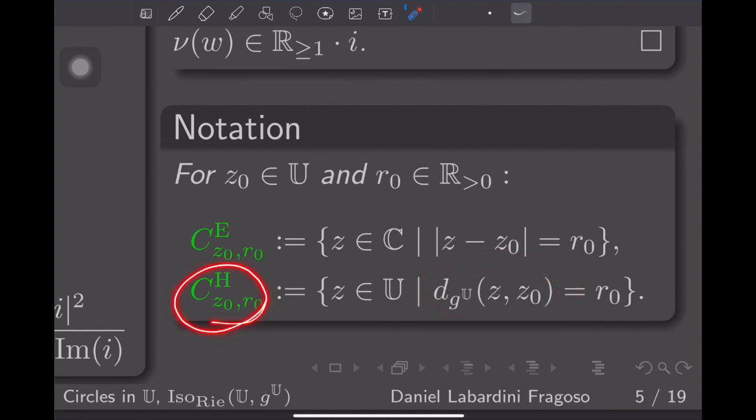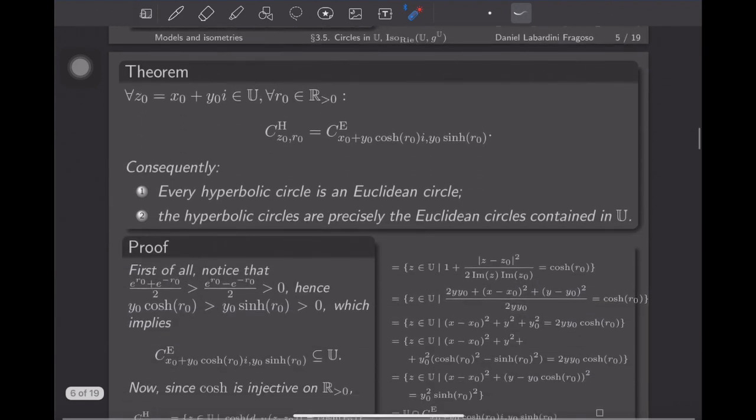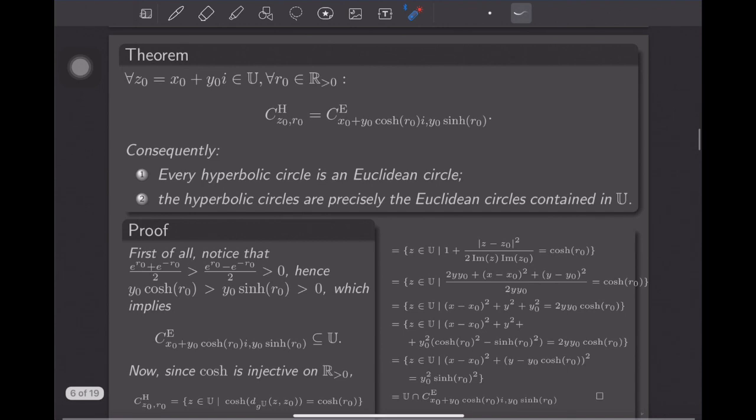So what should be a hyperbolic circle centered at Z0 with radius R0? Well, it's those points in U whose distance to the center is constant, equal to R0. I mean, it cannot be any other thing. And the theorem, which I also find very beautiful, is that for any possible center Z0 and for any possible radius, if you want to compute the hyperbolic circle with this center and this hyperbolic radius, it actually coincides with this Euclidean circle,